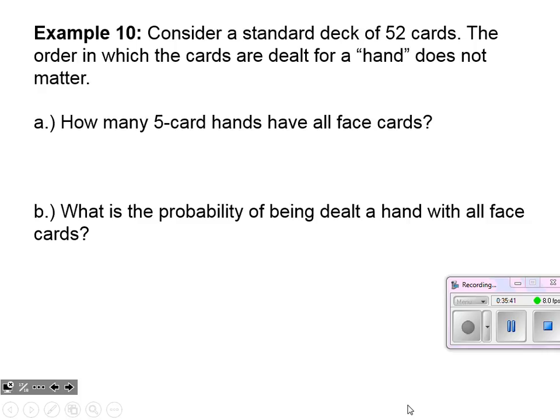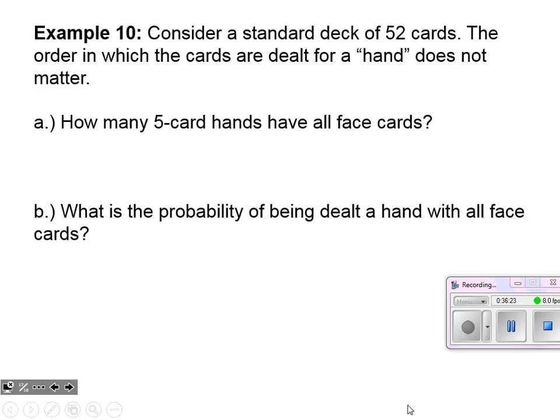The order in which cards are dealt for a hand does not matter. Now, this is a crucial thing when you're dealing with card hand problems, because it's so tempting to think, oh, the dealer has the full deck of cards, and then they hand out one card. Then there's only 51 left. Hand out another card. But remember, if you're taking 52 times 51 times 50, you're establishing order. You're doing that factorial, finishing a race thing. It doesn't matter, because the order that you get your cards is irrelevant. Once you get those 5 cards, that is your hand, and it doesn't matter what order they are given to you. So the order does not matter. I'm glad they mentioned that specifically in the textbook.